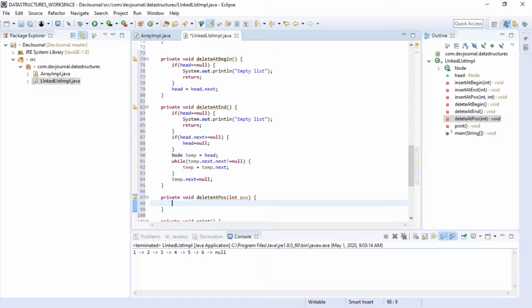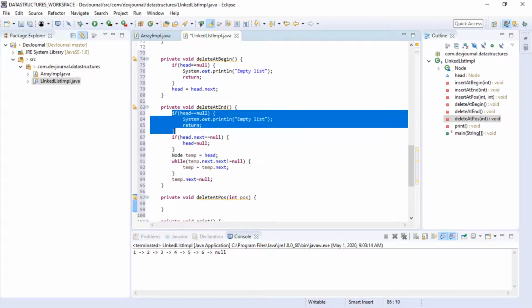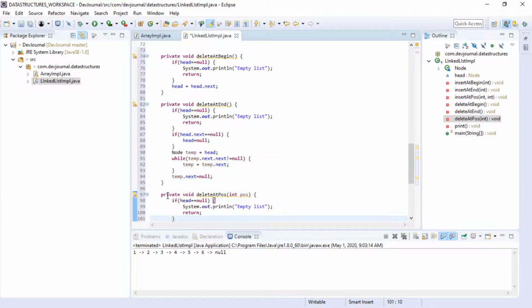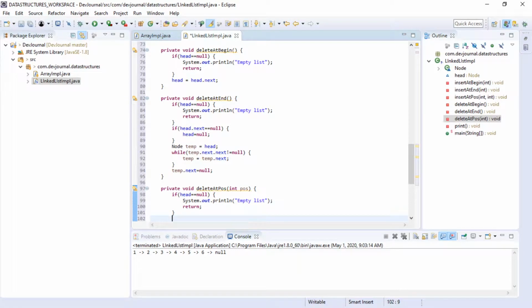We cannot delete if our linked list is empty, in any case. So let's check, let's just copy it. If our head is null, we simply say empty linked list. And if our head is not null, then we first have to get the size of the linked list